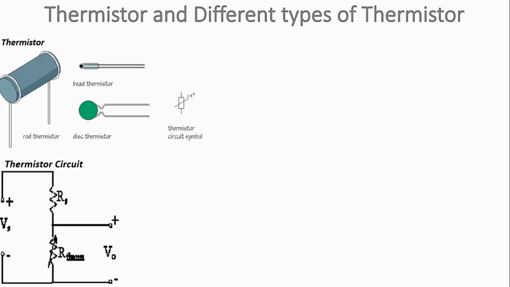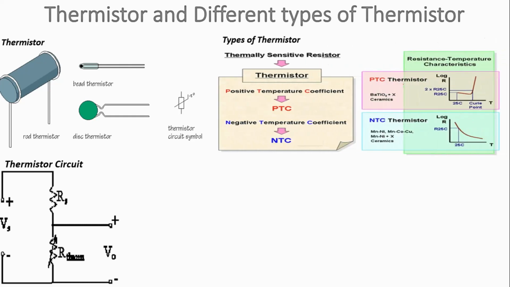Now we will also know what the different types of thermistors are. The first one is the positive temperature coefficient, that is PTC thermistors. PTC thermistors used in industries are broadly classified into two. The first one is called silistors, short for silicon sensitive resistors. Silistors are known to have a positive temperature coefficient of 8% per degree Celsius. If the temperature goes higher than 175 degrees Celsius, the device jumps to a negative temperature coefficient region.